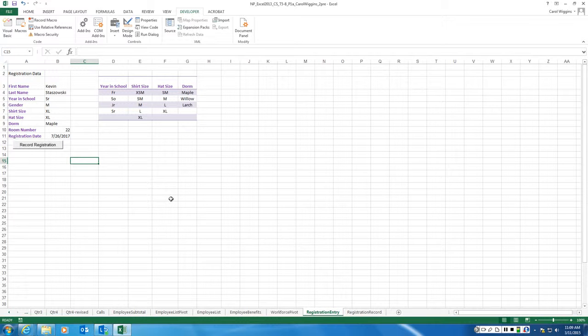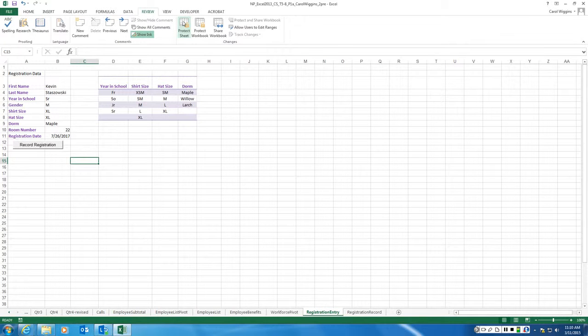And then finally, step number 29, we're going to protect the registration entry worksheet without a password. Do not change any of the default protection options for the worksheet. Okay, so this is done under the Review tab. So here's the Review tab. If you click on Review, you've got Protect Sheet, Protect Workbook, and Share Workbook. Well, we want to protect the sheet, only this sheet, which basically means once you've protected it, you can't